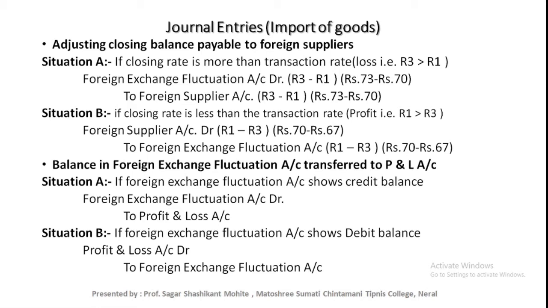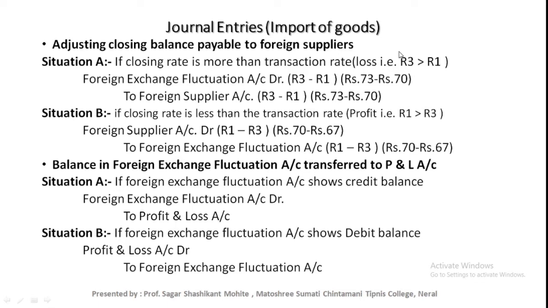Now on the date of year end, you need to adjust the closing balance payable to the foreign supplier. Means if there is any outstanding balance, at that time we need to adjust that balance on the year end date. If the closing rate is more than the transaction rate, at that time there will be loss,